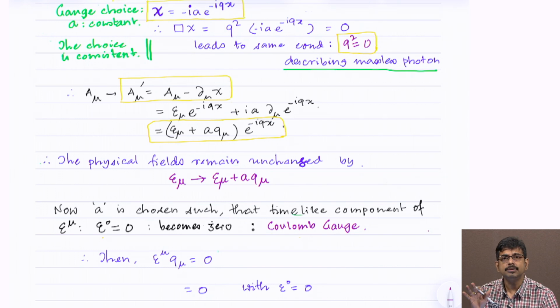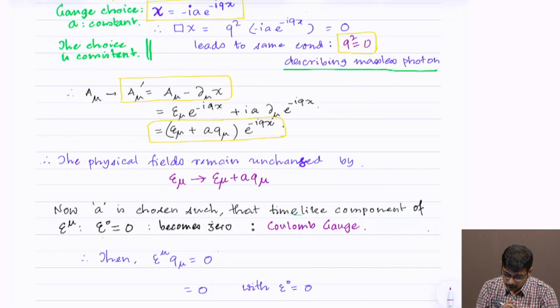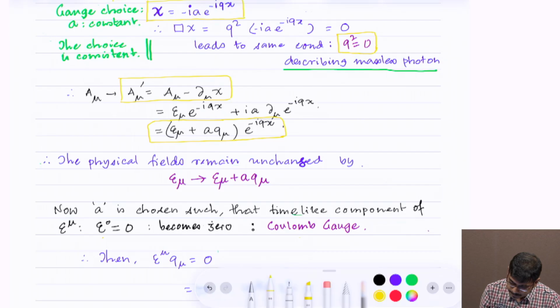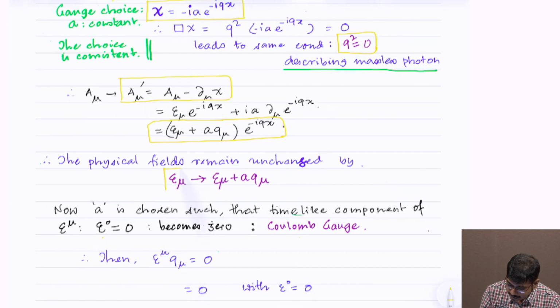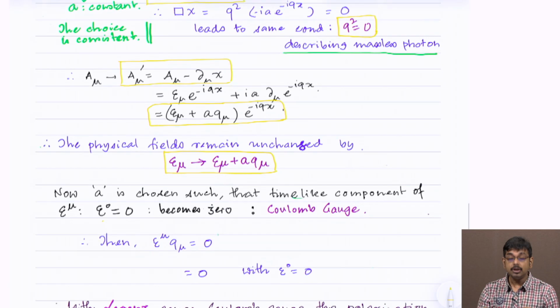No physical quantities will be changing. So, therefore, it basically means that not all the polarization vectors are independent. Epsilon mu q mu equal to 0 tells you that there are only 3 independent degrees of polarization. Now, for the massless case in specific, the fact that when you replace this epsilon mu by epsilon mu plus a q mu, you can keep everything intact, it actually restricts the choice of your polarization vectors